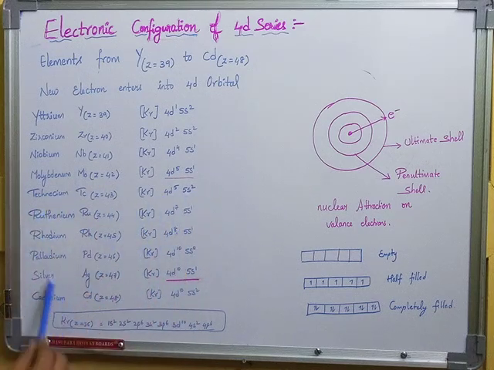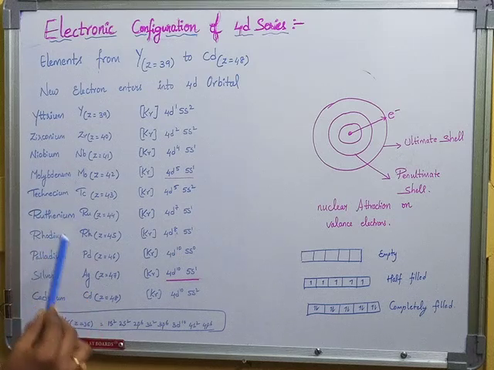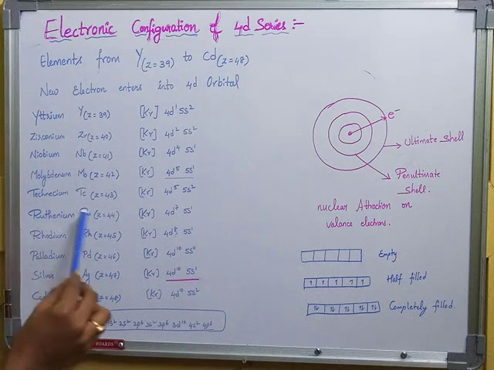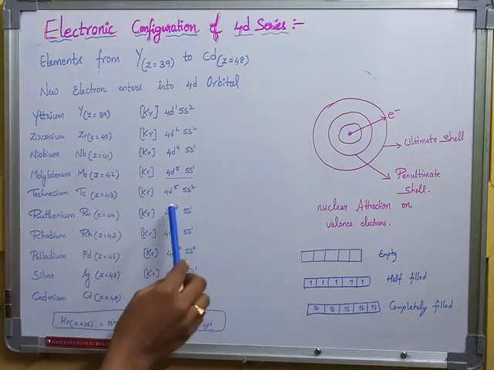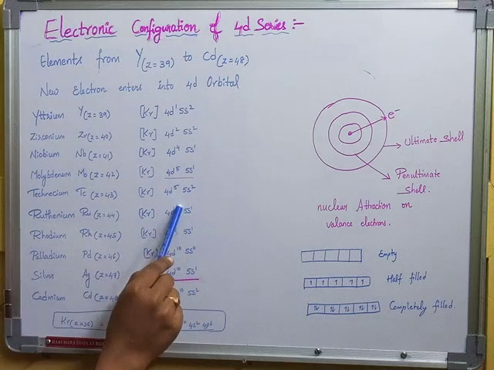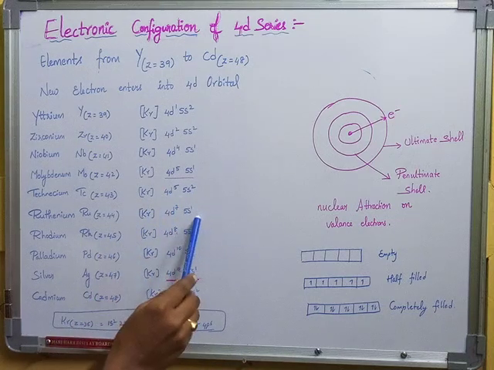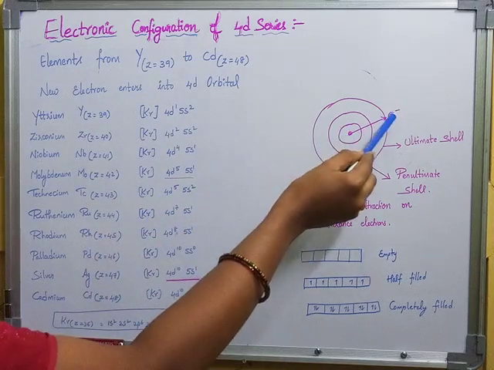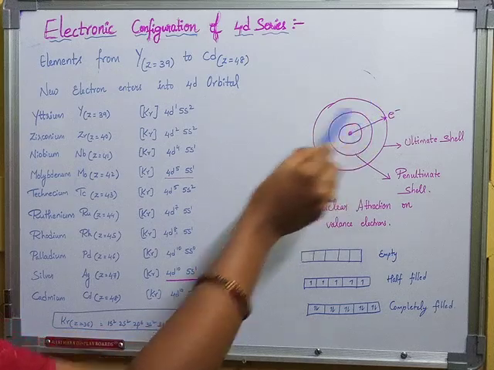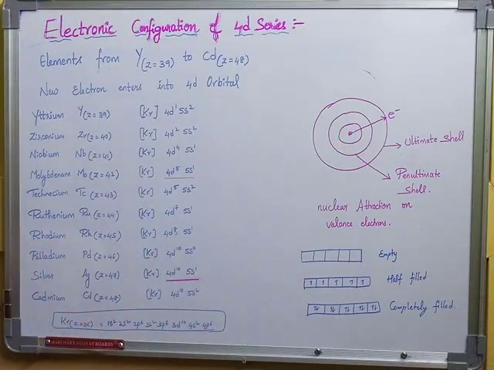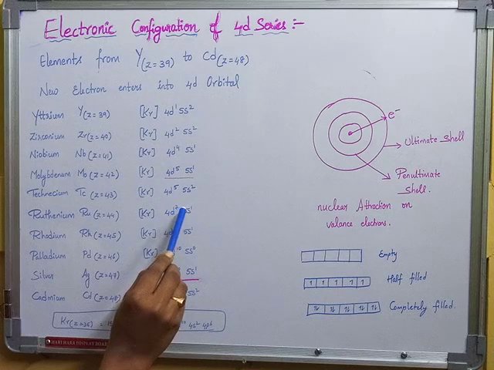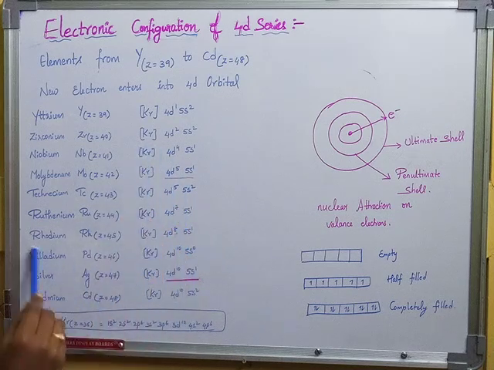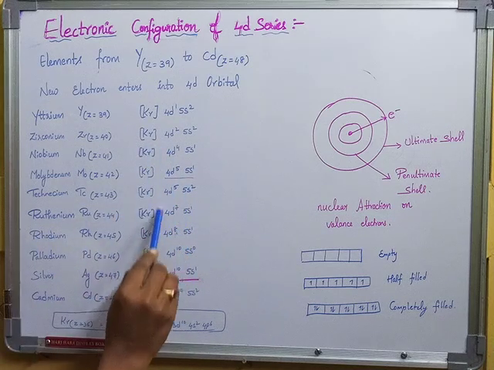Next, from ruthenium onwards, the decrease in size shows more effect on the electronic configuration. Why? Because ruthenium has 44 electrons here. You may think it can be 4d6 5s2. But electrons in the valence shell still get attracted to the nucleus of the atom, and electrons in the valence shell will jump into the 4d shell. Due to that reason, we got 4d7 and 5s1. So from here onwards, you can observe the decrease in size.